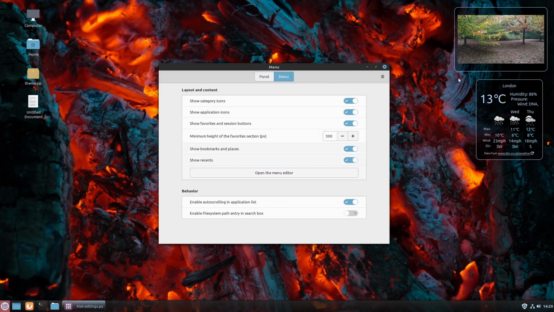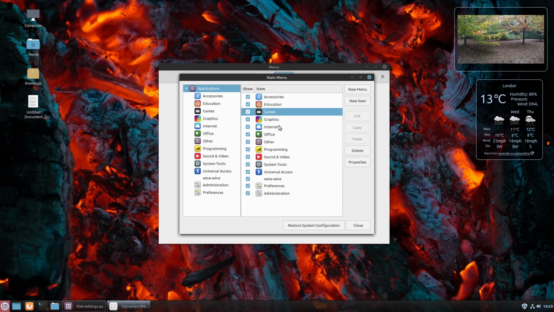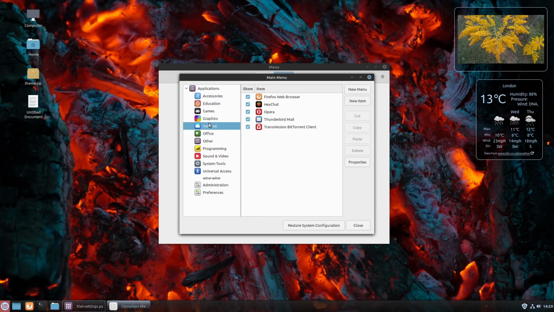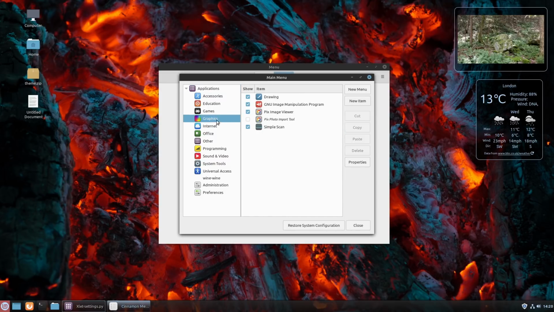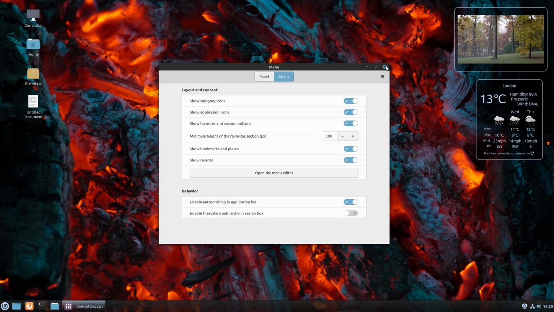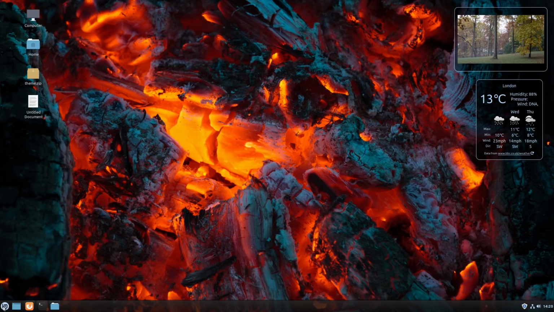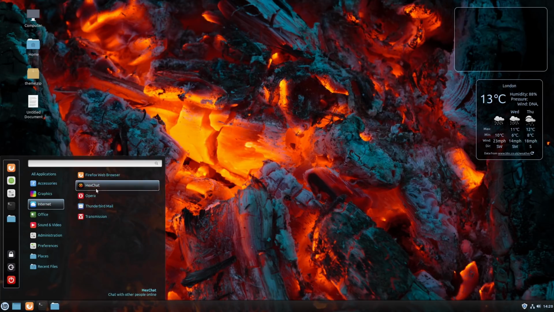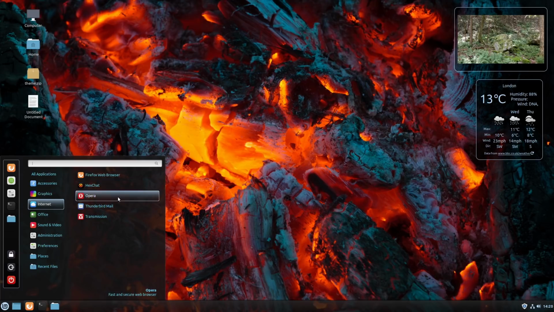You can come over to the menu, and right in here, you can literally adjust it. If you don't want to see certain options, just click this one off, and it'll disappear from the menu. We'll go ahead and keep that on. I installed Opera there, just to give it a brief little test. You can see I have web browsers installed here. In fact, I have a variety of them. It looks like I have two web browsers on here right now.